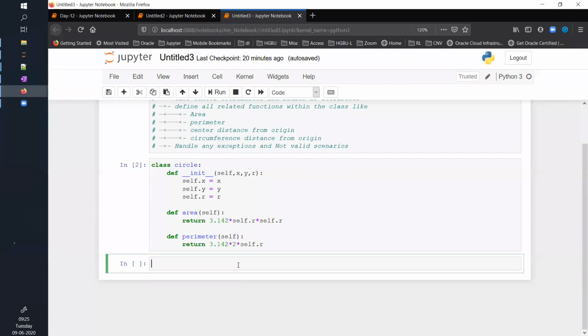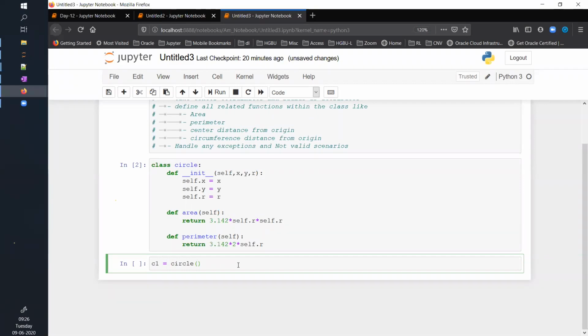Now let's create the actual object. The blueprint is not something which is tangible. It's just a prototype. Now to create the actual object, I will say C1 equals circle, and here I will pass all the parameters required by circle. So what are the parameters?